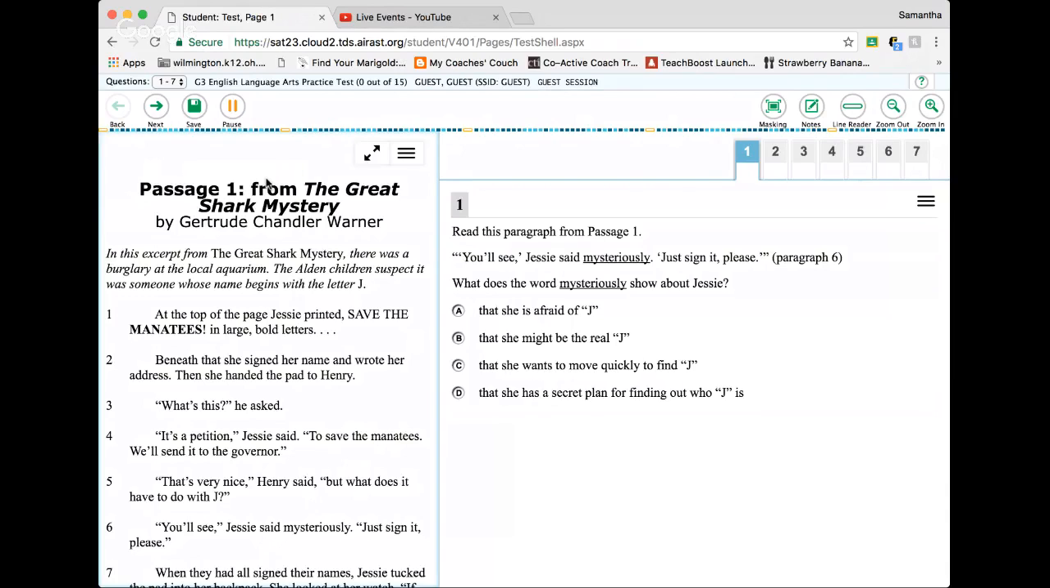Passage 1. From The Great Shark Mystery by Gertrude Chandler Warner. In this excerpt from The Great Shark Mystery, there was a burglary at the local aquarium. The Alden children suspected